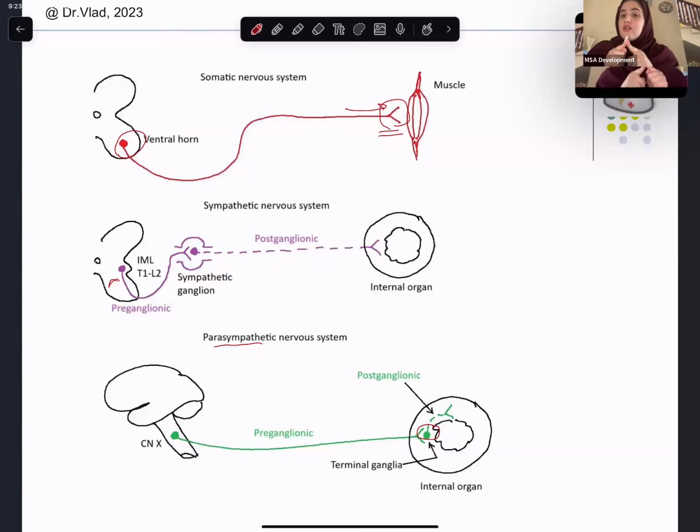But the sympathetic nervous system and the parasympathetic nervous system, which come under the autonomic nervous system, are usually there to control activities that are involuntary, like breathing, like digestion, and all of those different things that we don't actually control. Now, the sympathetic nervous system,